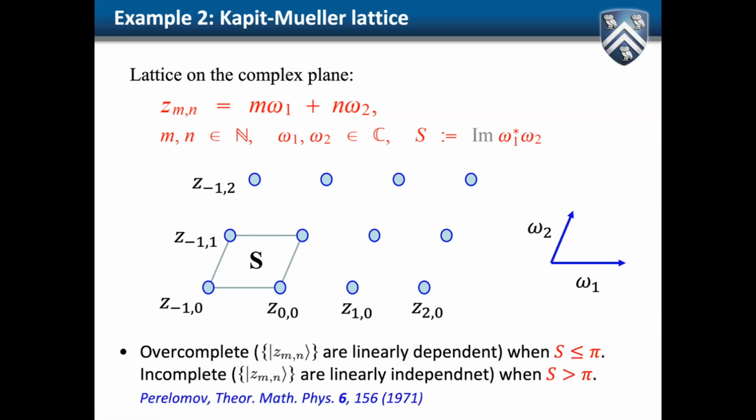And the conclusion is, if S, the area of the unit cell, is larger than pi, then the corresponding set of coherent states is incomplete. And if the area S is less than or equal to pi, the corresponding set of coherent states is overcomplete. In fact, if S is exactly equal to pi, this set is overcomplete by just one state. If you remove any arbitrary one, you have just a complete set. It's kind of weird, but